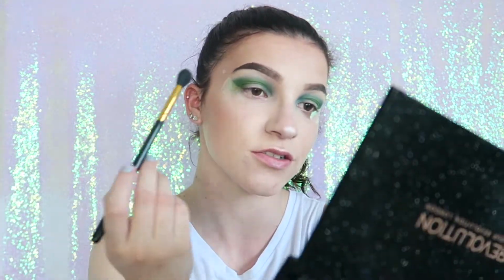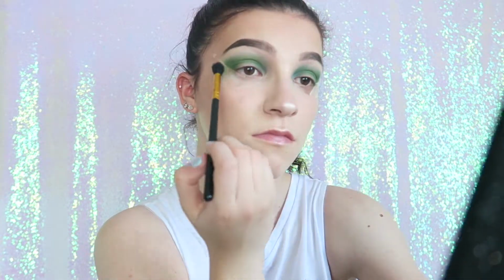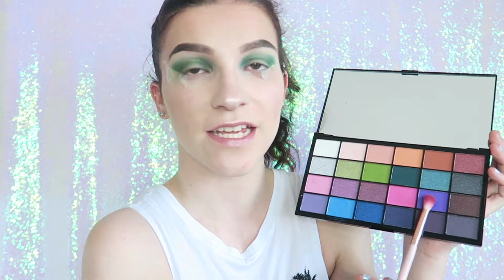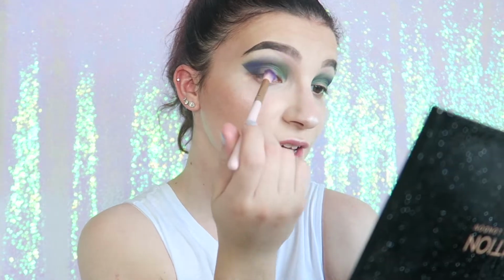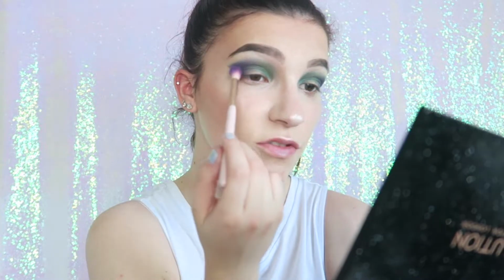And then I'm going to blend it through using my favourite blending brush. I just feel that where I've blended a lot, it's just gone really sheer. And I'm just going to apply this purple shade to my outer corners. So I'm really not sure what to think of this palette. Only because I've used the green,